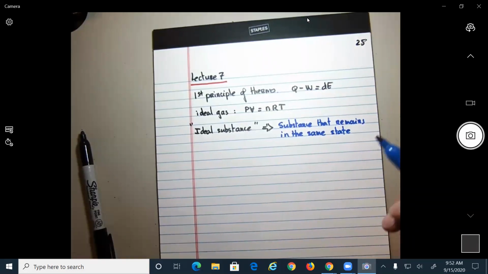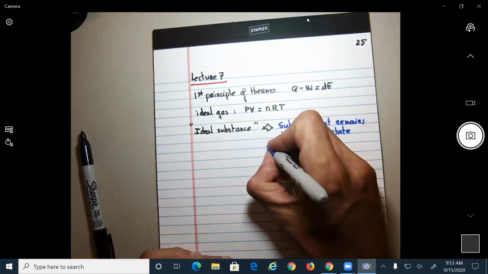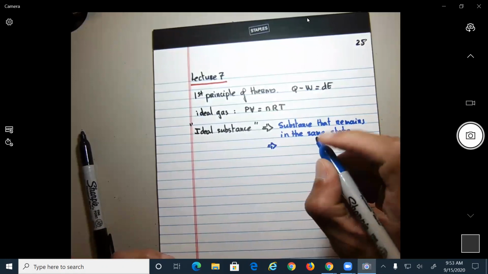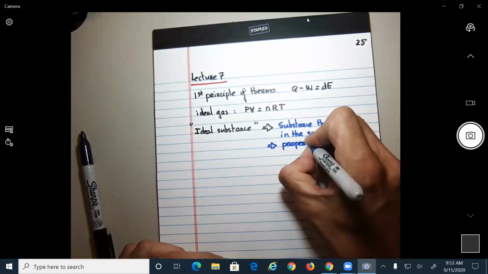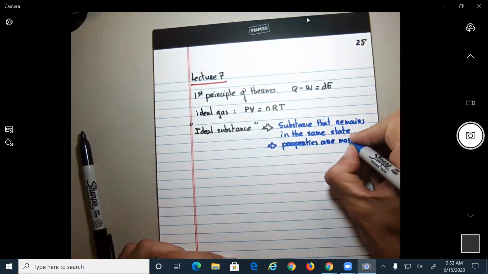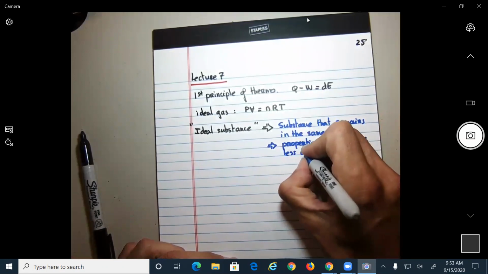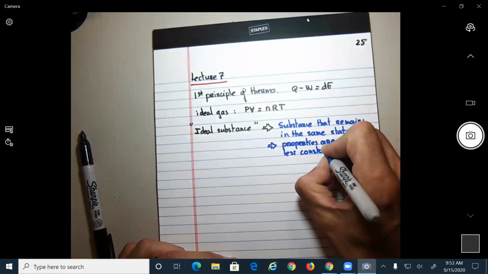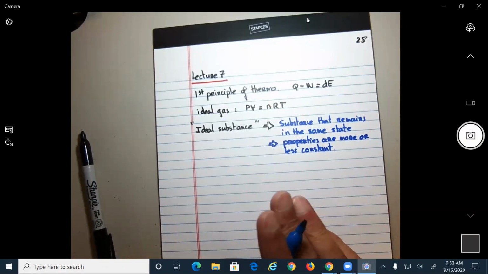If the value of properties do not change much, probably the substance is going to stay within the same state. So for an ideal substance, you make the assumption, which is not 100% true, that properties are more or less constant. And if that is the case,